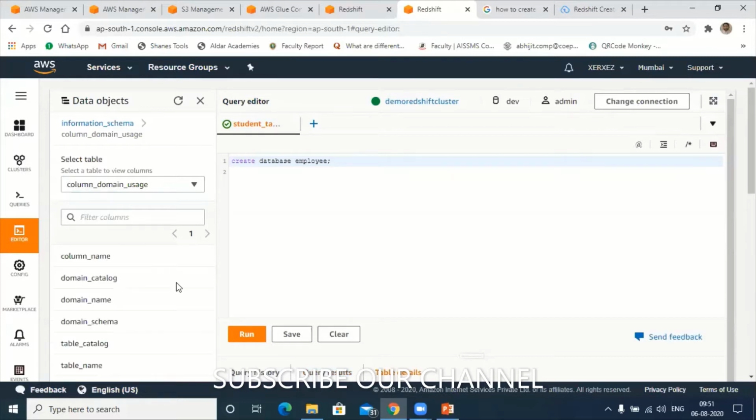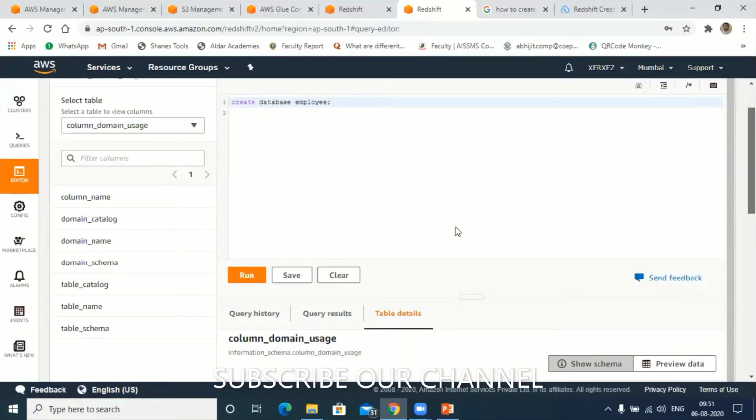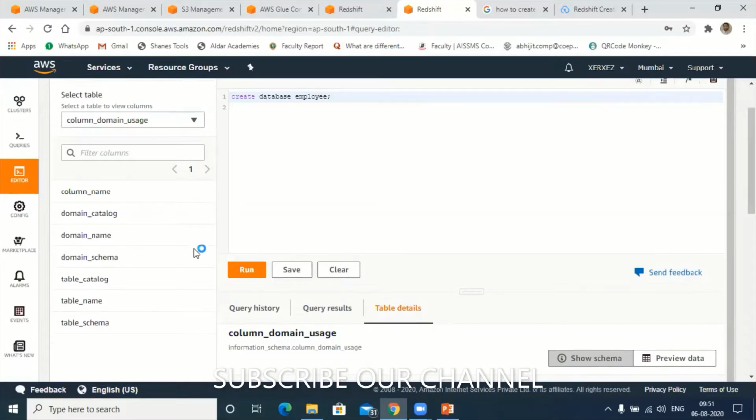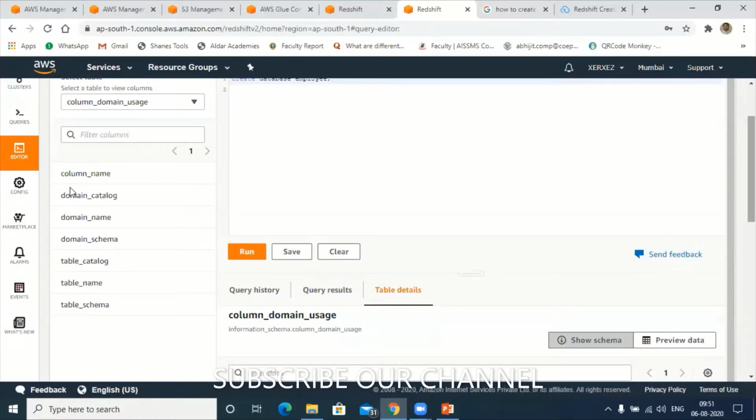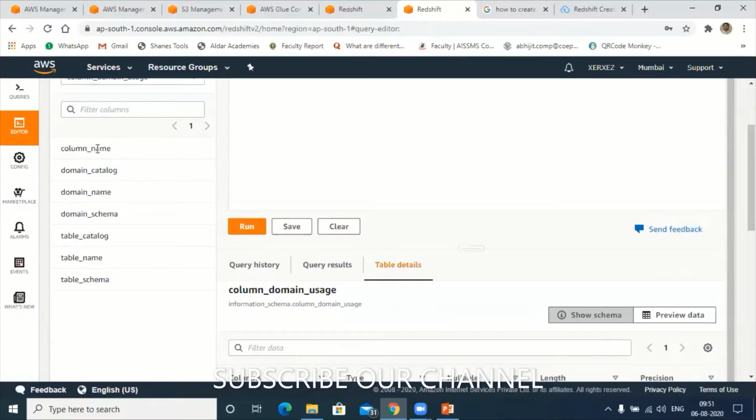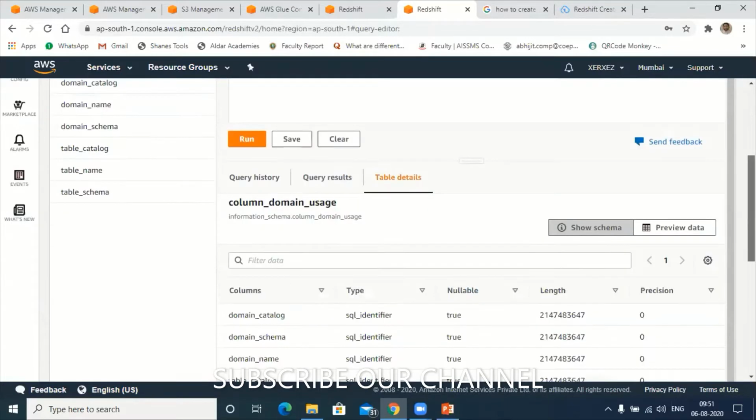So let me see some of the tables which are available in this predefined schema. You can see here column name, domain catalog, domain name, domain schema, catalog, table name, table schema, all of these are available. Let me try to see the format of any one table column here. Let me select the column name and click on table credential.